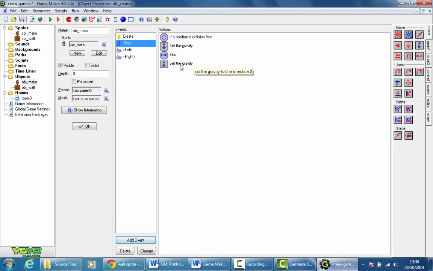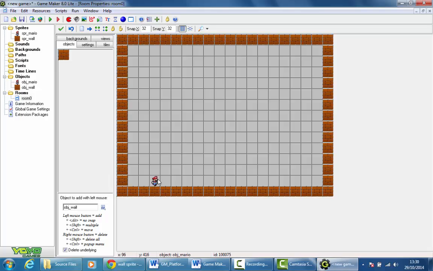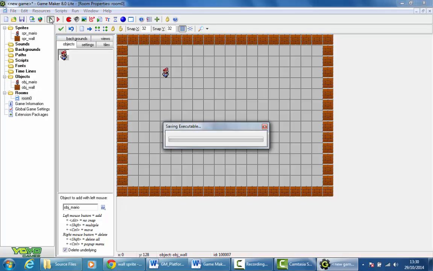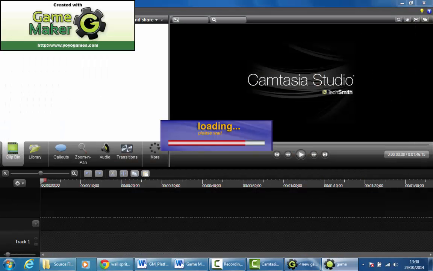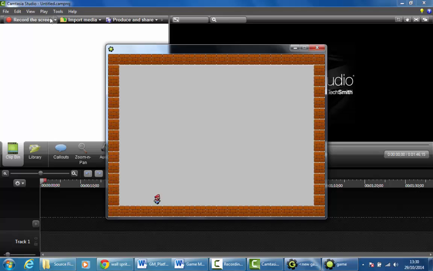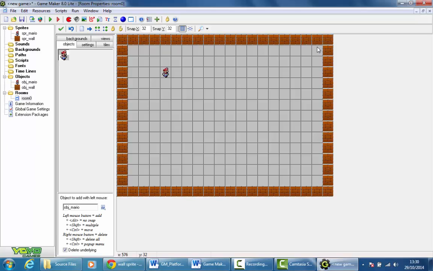Now what we could do here is just see this working by testing our game, but of course if you think to our room, he's actually stood on the floor, so we need to just delete him, select him again and put him up in the air somewhere so we can actually see him fall down. And I wonder if you can guess what will happen towards the bottom here when I press play. So watch carefully. There he goes. Oops, he falls right through our wall,